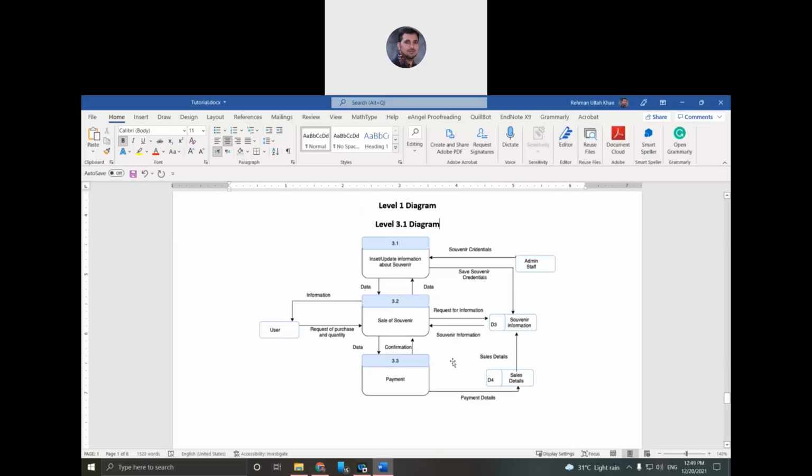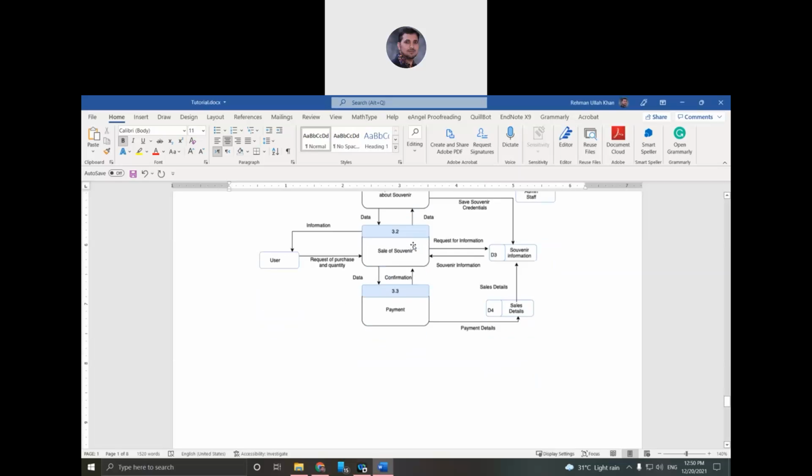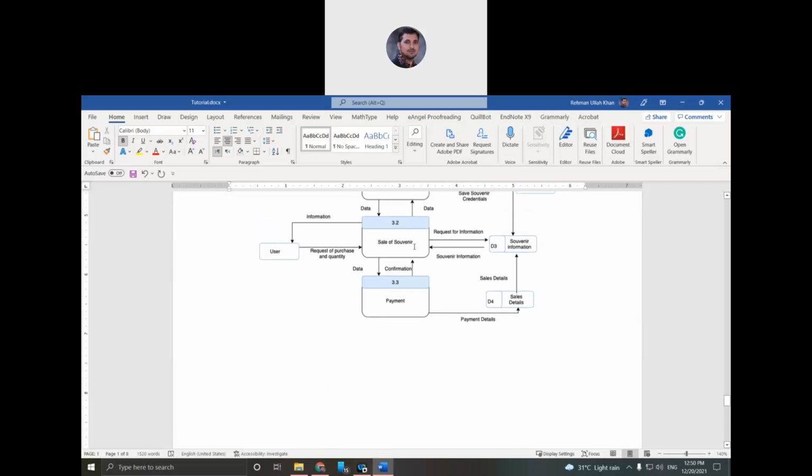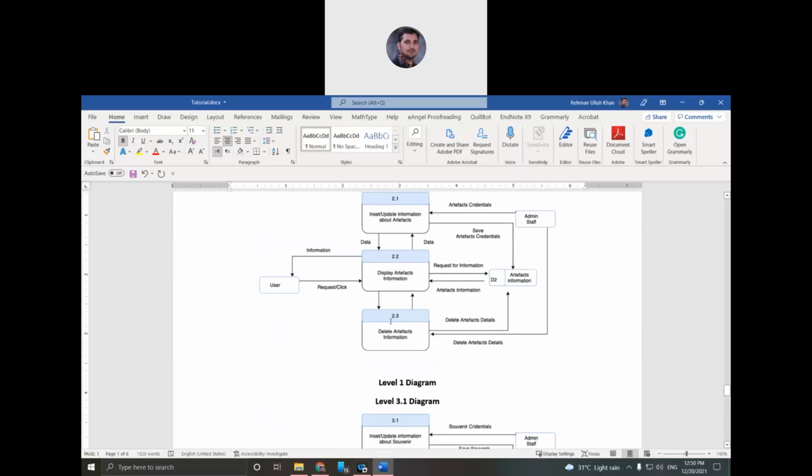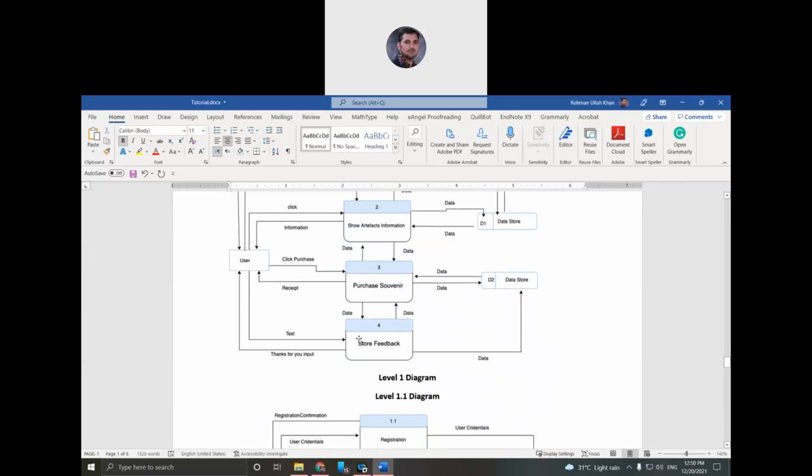We are still at the level 1 diagram, because we are just one level further. This is why it is the level 1 diagram. Okay, next. I finished this one because, you see, I don't want to further decompose the feedback, because I think the feedback process is quite clear. From my understanding, I don't want to decompose it further. If any one of you wants to decompose it further, you can decompose it exactly like we did 1.1. So you can do 4.1, 4.2 if you want to decompose. But I don't want to decompose.